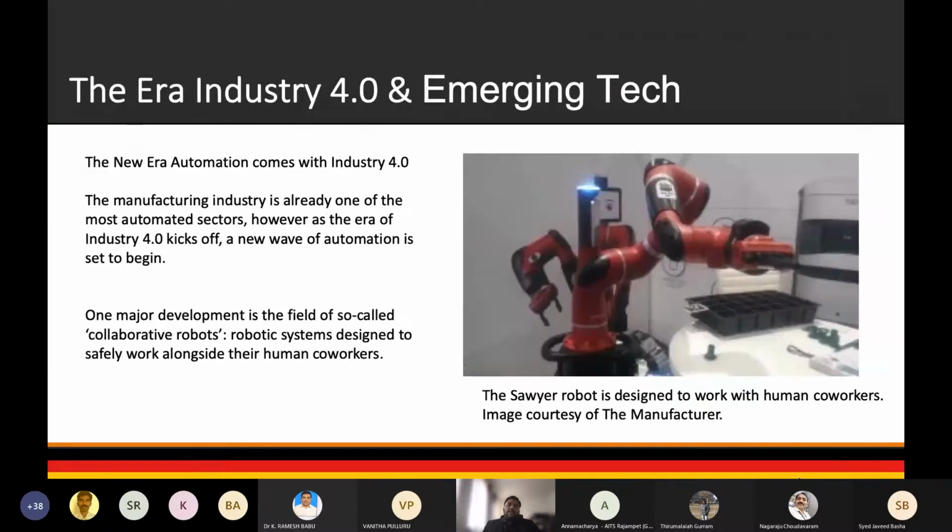Industry 4.0. So one of the major sectors is manufacturing. Of course, every sector has had some kind of kickoff, and definitely Industry 4.0 played a big role in creating very precision-oriented manufacturing. And one very key advancement is collaborative robots, where machine-to-machine interaction is really achieved. If you see this kind of survey robot, which is designed to work with human co-workers, which means if you are